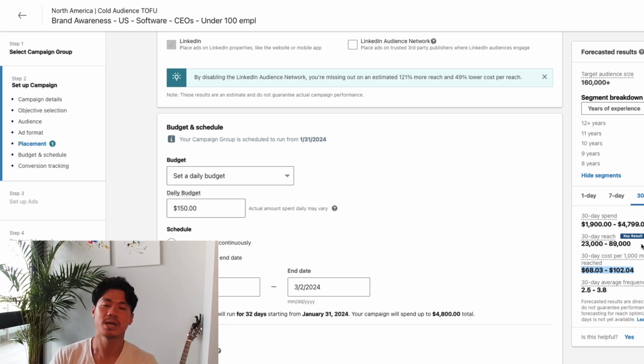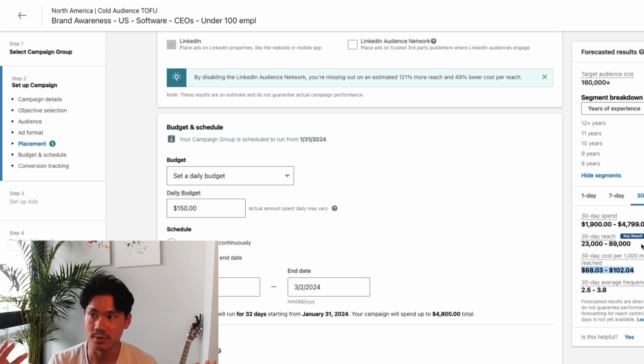Now, a metric that you're going to want to keep in mind is CPM. So this is cost per 1,000 impressions. And essentially what it is, is how much does it cost for 1,000 people to see your ad, right? So the way that LinkedIn works is that there's a lot of factors that will ultimately impact this number. Obviously, how good your ad is will impact the number. If your ad really sucks, then it'll actually get more expensive because LinkedIn doesn't want to be running mediocre ads to its audience. But the other thing is the audience itself, because as you can imagine, certain people are more valuable of an audience than others.